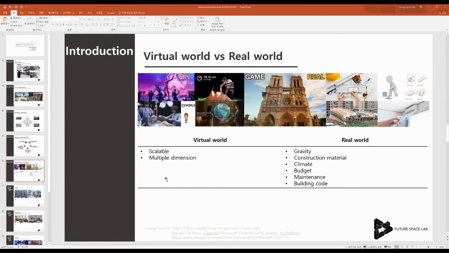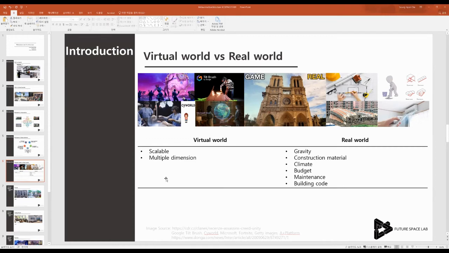Now I'll move to the design architecture in the Metaverse. Here is a comparison of the characteristics of a virtual world and the real world. You all know about this actually. I need to talk about something very natural that we can take for granted. In the real world, gravity, construction material, climate, budget, maintenance, and building code all limit the building design. In the virtual world, the architecture is scalable and has multiple dimensions. Why am I talking about this? We all know about this, but when we talk about architecture design, we need to start from these characteristics, because